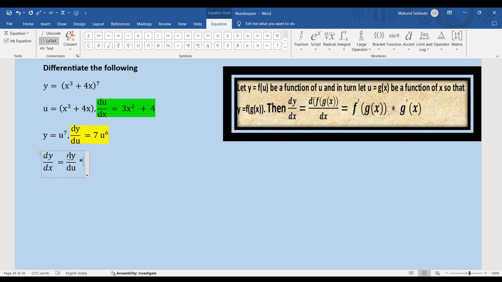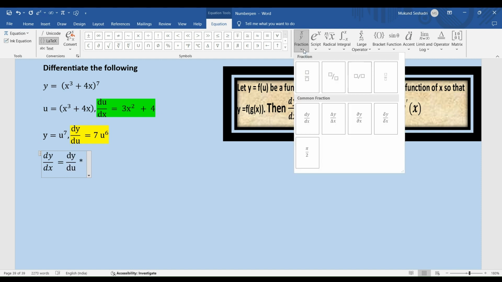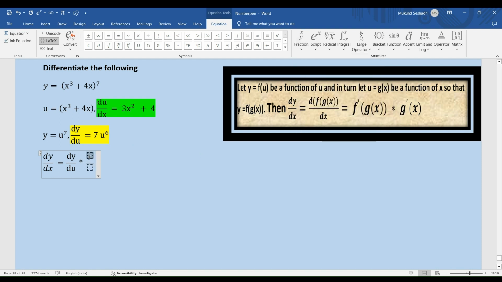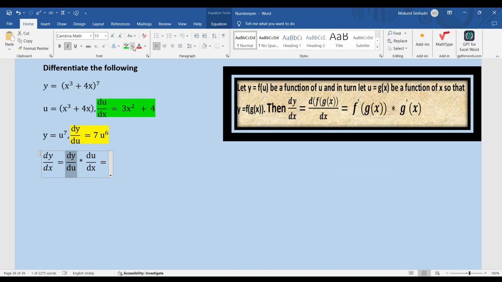And what is this? This is an application of the chain rule, right? So I have both these expressions with me, which I just figured out in an earlier step. My dy by du is nothing but the one that is highlighted in yellow, and my du by dx is nothing but what I've highlighted in green. So my final answer is a product of these two expressions, which is 7u to the power 6